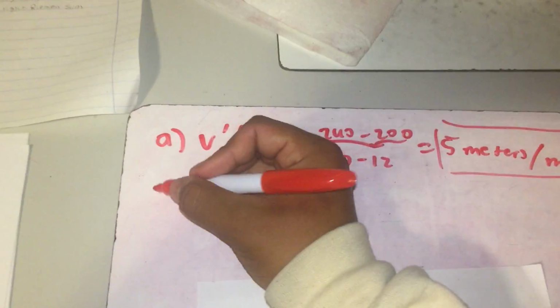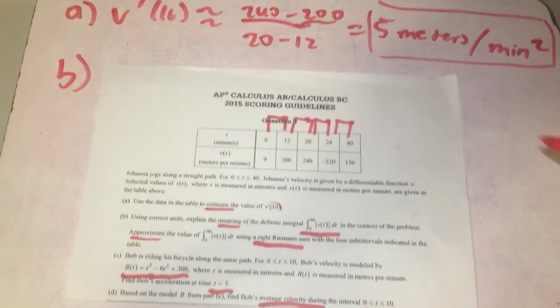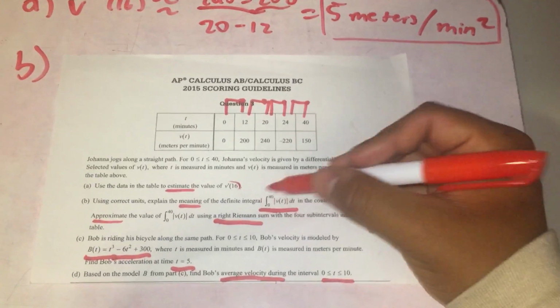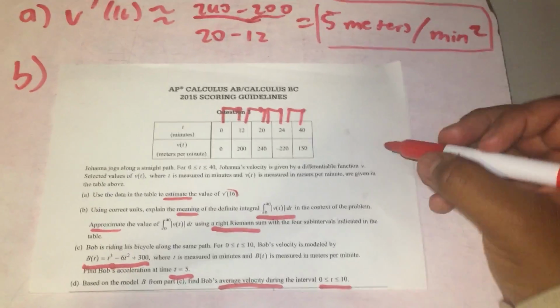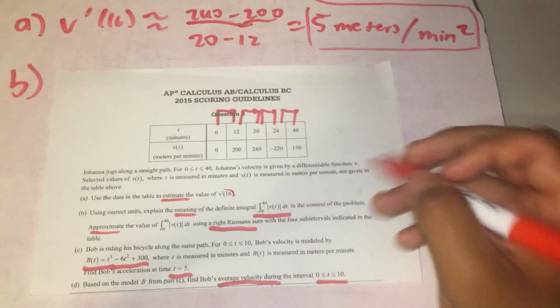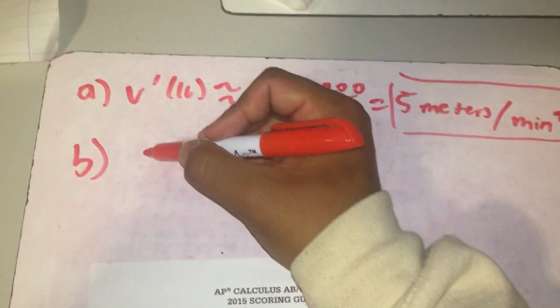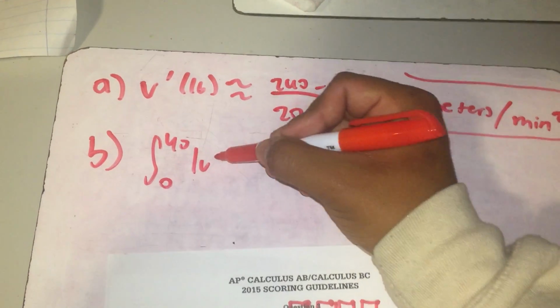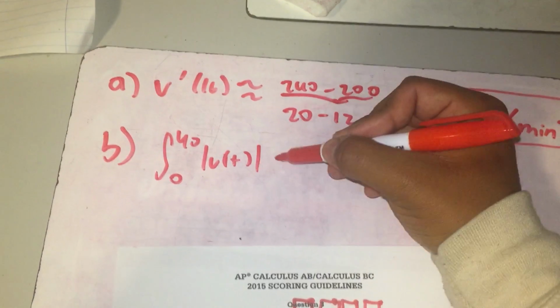Alright, B. It's asking for two things in part B. It's asking for the meaning of this integral, and it's asking for an approximation of this integral using a right Riemann sum. So we'll start off by explaining what this means. The integral from 0 to 40 of the absolute value of v(t) dt